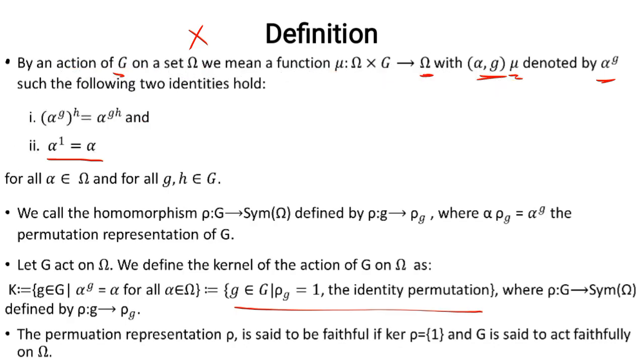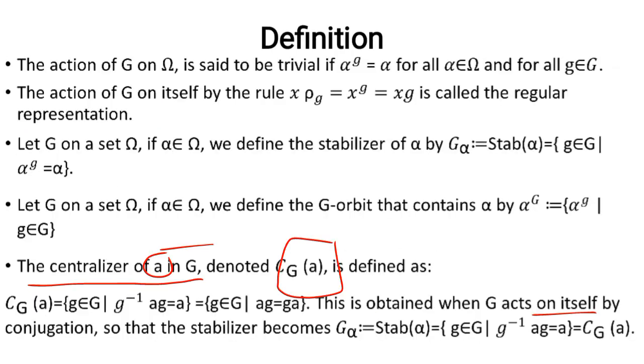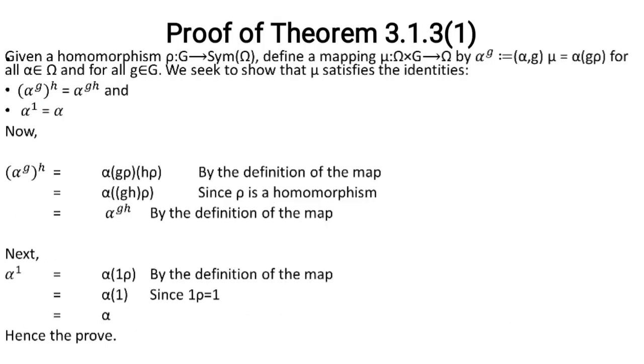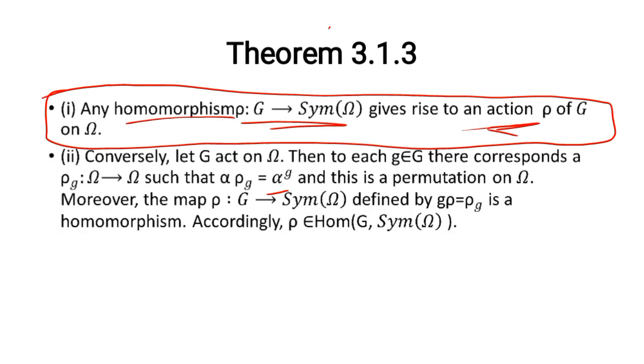A function from the set, a group action which maps the direct product into the set, and it satisfies these two conditions, right? And the group action for us, we already even know it's a homomorphism, so that helps us. So let's go back to what we intend to do. I said we're going to show the proof of this right now. So now on the screen is a proof of that particular statement,